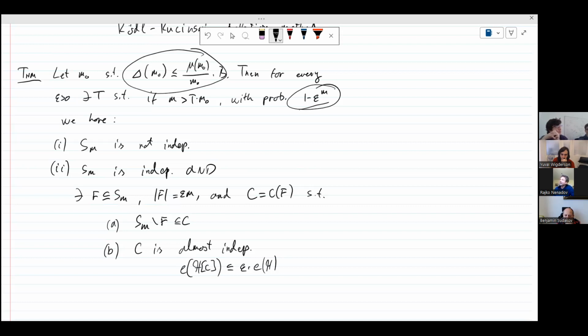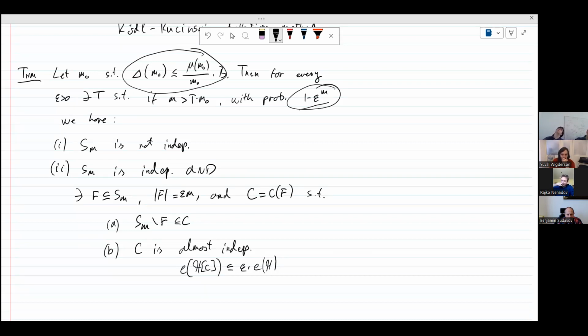the bottom line is that, like Yuval asked, we don't have a strong condition on these codegrees. And it could be that some small subset have very bad codegrees. And it could happen that you pick some of them. So this statement, this probability 1 minus epsilon to the m, tells you that most of the subsets of size m behave well with respect to codegrees. But I cannot conclude that all of them do. So if you would strengthen the requirement by not working with delta and mu, but working with the strong assumption on codegrees like the original containers do, I guess then probably you can recover the full hypergraph containers. But that was not the point. So the point was really to